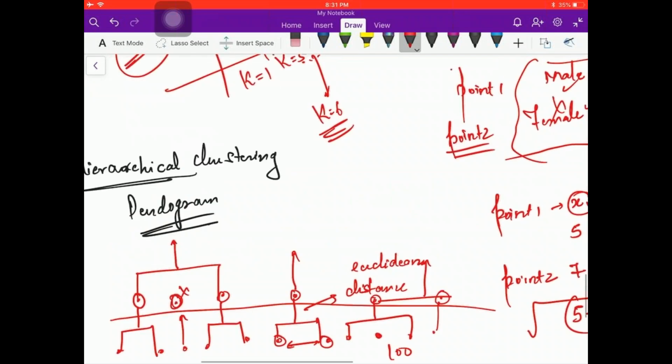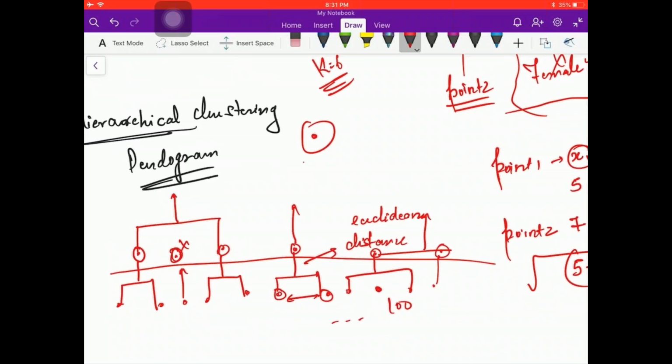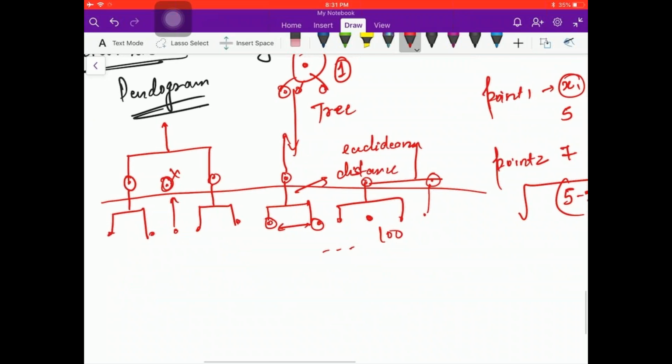So what will be the final root? There will be a single one. So depending on the clusters, this is kind of a tree. Initially, below this there will be, let's say, 2 or 3 which got clubbed into one. Like this, it flows from the bottom. So the top one will be 1 and the bottom will be the number of data points, and it gets clubbed based on the distances.